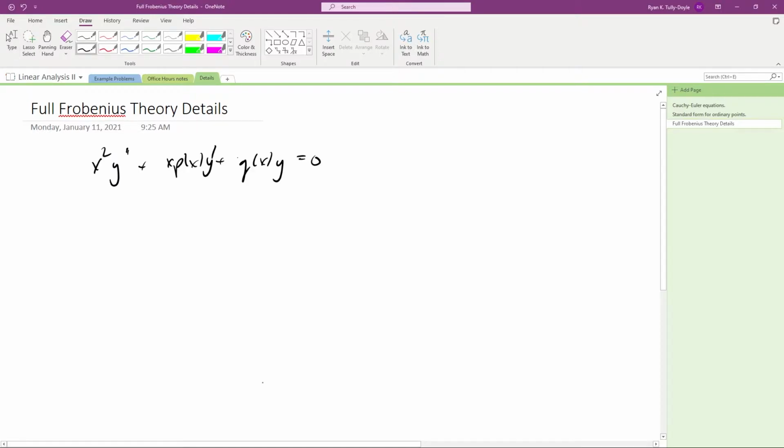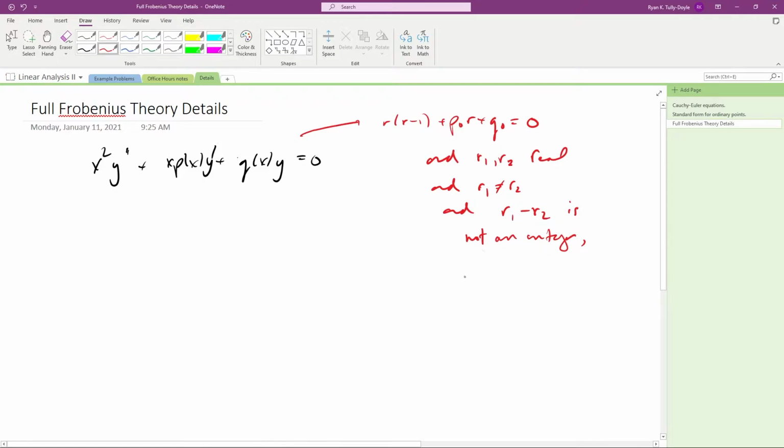So we started with this differential equation, x squared y'' plus x p(x) y' plus q(x) y is equal to 0. And we informally looked at the case that if you solve the equation r(r minus 1) plus p_0 r plus q_0 is equal to 0, and r1 and r2 were real, r1 was not equal to r2, and r1 minus r2 is not an integer, then at least we asserted that there are solutions that look like y1(x) equals x to the r1 times the sum from 0 to infinity of some power series,